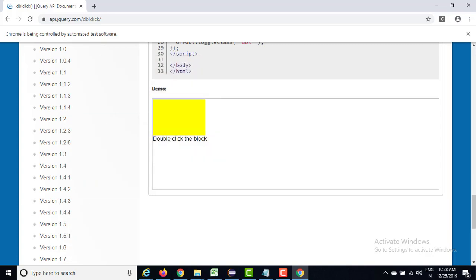Just a quick recap: for double click we have a double click method, and for right click we have a context click method. Again, both methods have two variations, so it depends on your requirement. You can use either variation. I would always recommend the one with the web element.